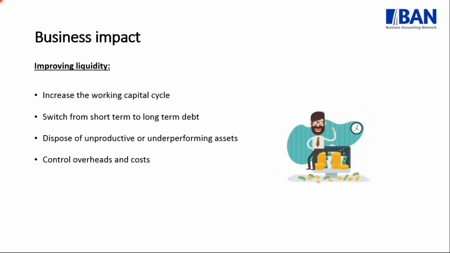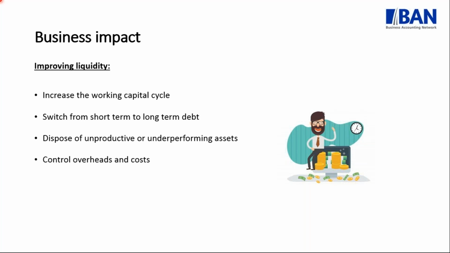So you can put your liquidity to better use. Also, look at disposing of unproductive or underperforming assets. Now, you might ask, how do I actually identify unproductive or underperforming assets? Well, in a manufacturing environment, if that's the industry that you're in, it's actually quite easy, because you can look at physical assets, tangible assets. You can look at whether they need repairs often. How slow are they? Do they have downtime? Does it cost more to actually run this asset than the income it generates?